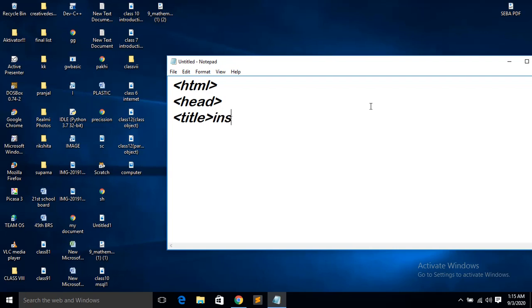So, inserting image. Head part closed. Let us start the body part.